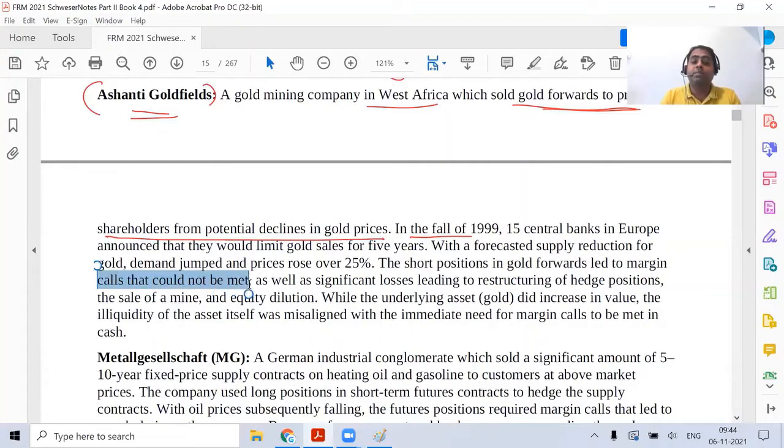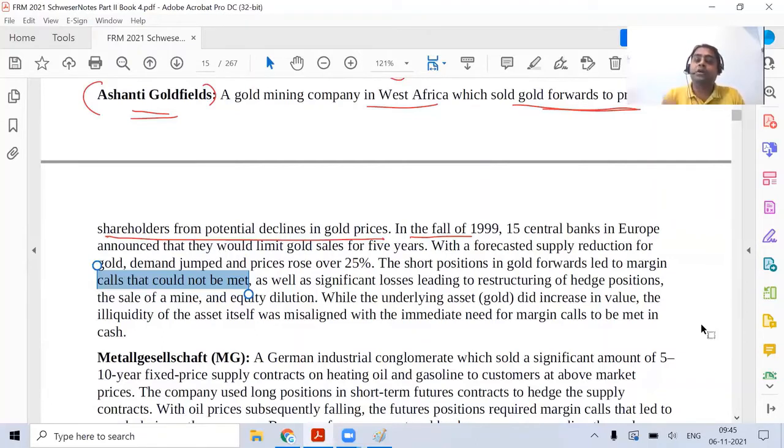Now, what does this mean? In level 1, we have not explicitly heard that in the OTC market you have margin calls. But where exactly is this margin call coming from? Your counterparty, if he feels that you do not have a sufficient amount of money, or you might not be creditworthy, might ask for collateral. Because he is in profit and you are in loss, because you went short forward and the prices are going up. The counterparty will always be afraid that you might not be able to purchase at a high price and deliver at a low price.